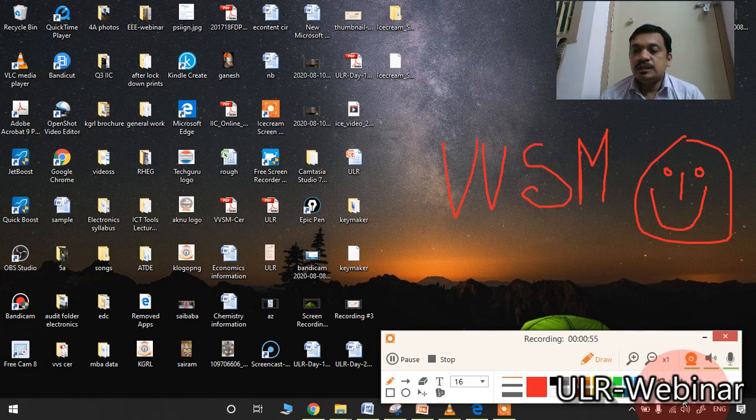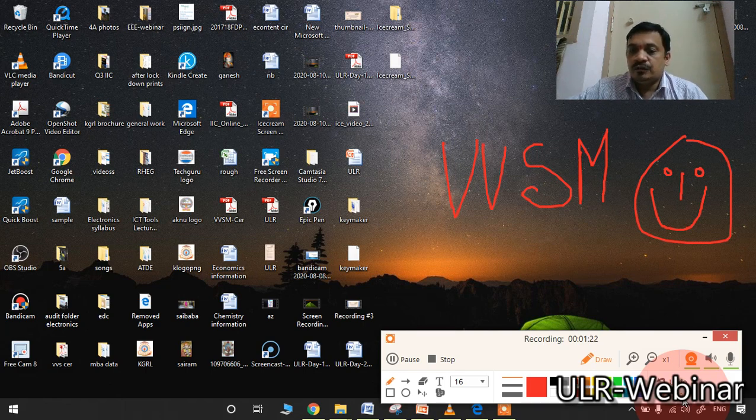This particular feature is not available in Bandicam. If you want to draw with the help of your mouse, or highlight something, that option is directly not available in Bandicam. Then you may install Epic Pen software, and that particular menu will appear. Then by using that menu with the help of the mouse, you may add annotation. That is an indirect way.